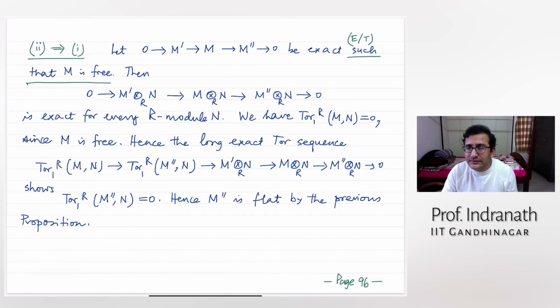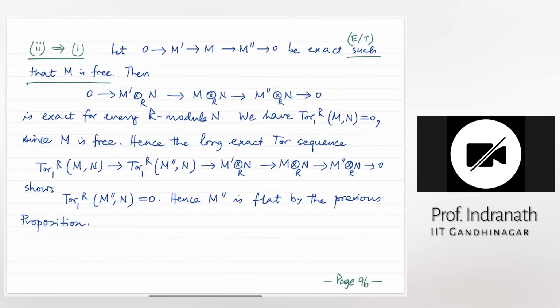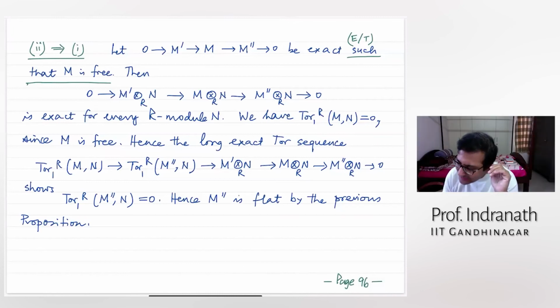Can we do this? Can we start with a sequence like this where M is free, and then tensor by N? Take the set of generators of M double prime. Basically the free R module on the generating set of M double dash, and then you take the kernel, etc., right? And then again, you just use the long exact Tor sequence, and then you have the zeroness because of the free module, and therefore you can understand the similarity in the argument, right?